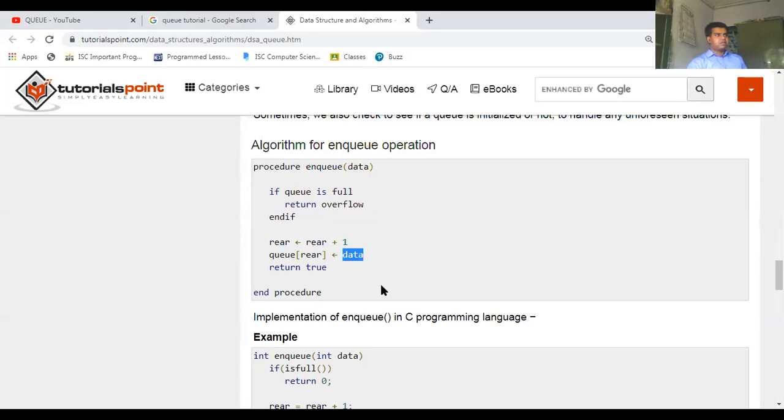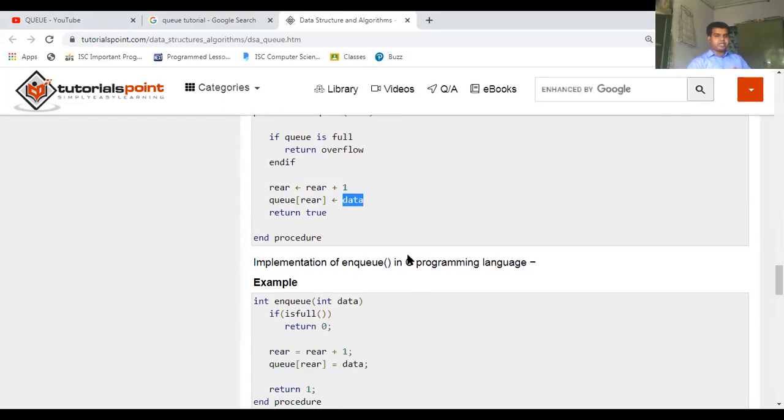That is the exact thing which I explained right now. First, you modify the position of the rear from its original position to the new position, so that a new memory address can be created where the new data can be stored, and then Q of rear becomes the new data. That is the identity of the data at a particular index. Okay.